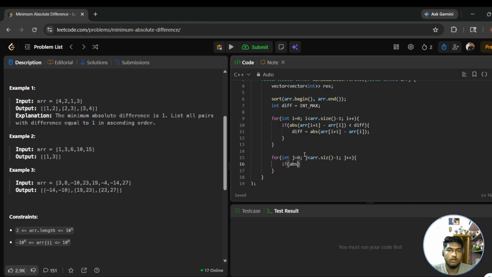If absolute of arr of j plus one minus arr of j is equal to diff, then create a vector